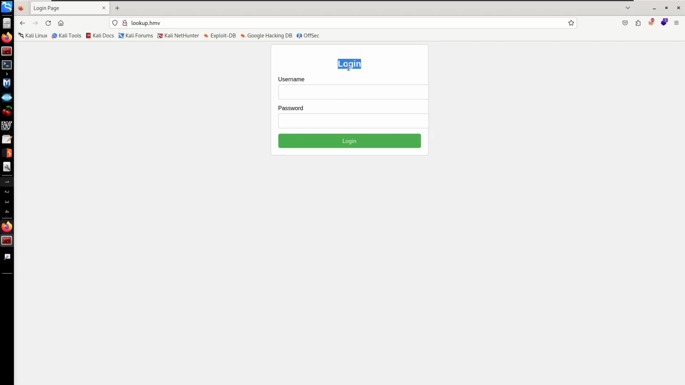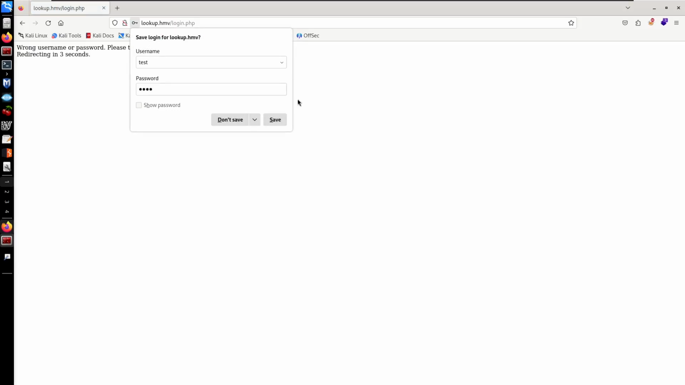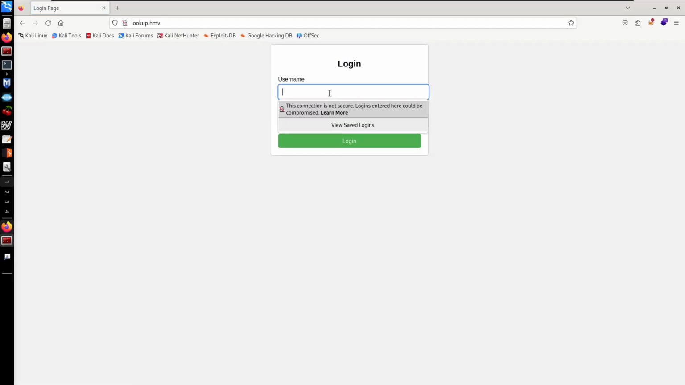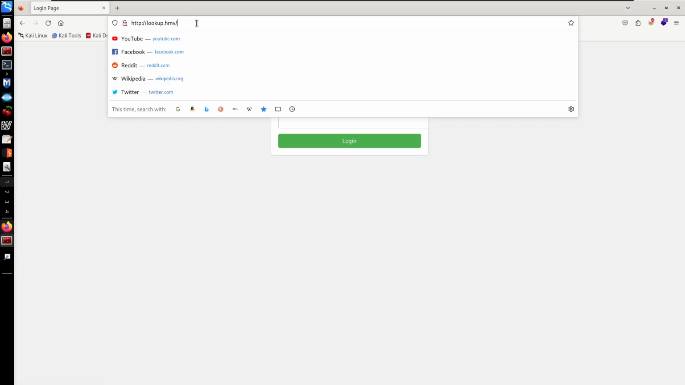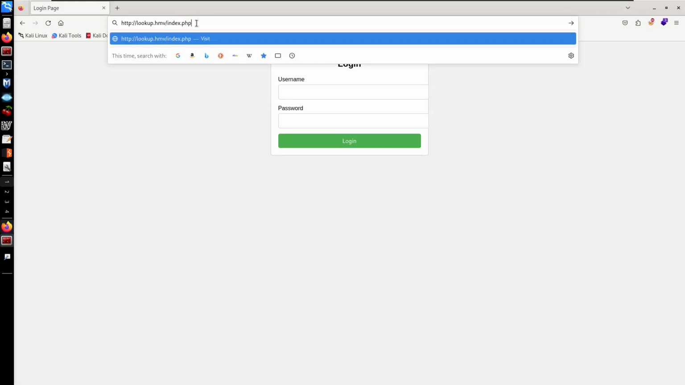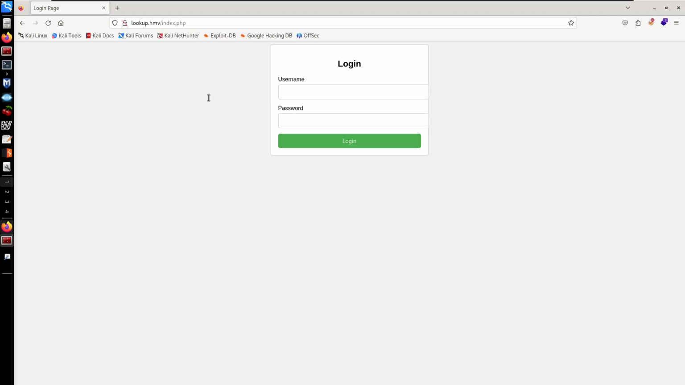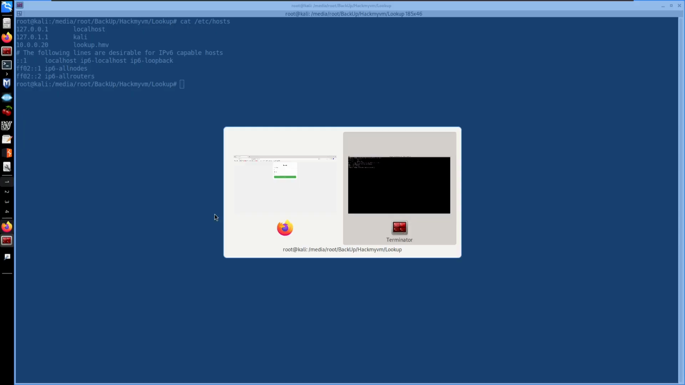And here we do get a login with a username and password. So I'm just going to try test and see what happens. And here we do get a wrong username and password. I think it does refresh every 3 seconds. It does redirect back to this, I believe it's going to be index.php, right? Yeah, it's going to be index.php. So we can actually start by trying a SQL injection or maybe brute forcing for a user. But for now, let's start by